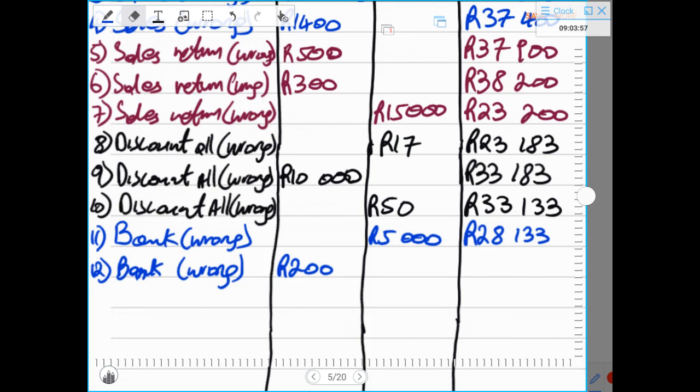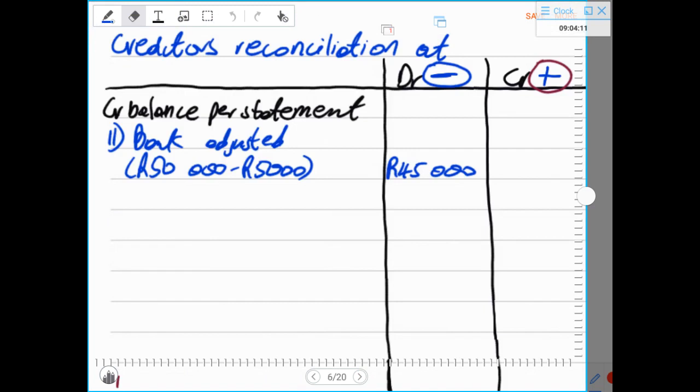So anything that will increase the balance from the return, the bank, and the discount will always overstate the balance. And when the balance is overstated, we will have less on the debit side. So the difference will be on the debit side of the reconciliation. So now that's why on the 12th we'll have our bank corrected,